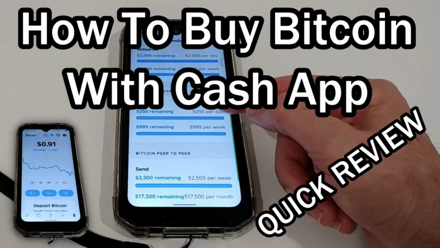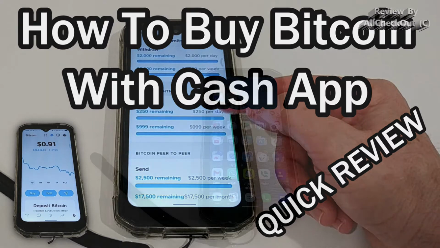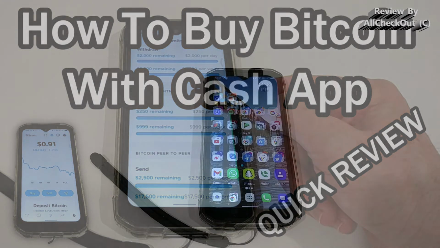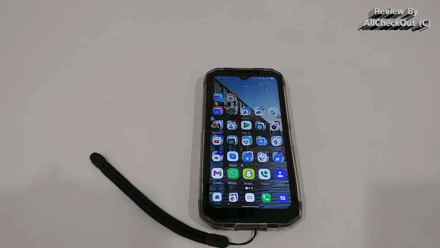Hi guys, welcome to this quick video about how to buy Bitcoin with the Cash app. The Cash app is an app which belongs to Square. Square is a very famous application, especially for business. Why I came to Cash app is because they just made a big announcement recently that they have activated Lightning